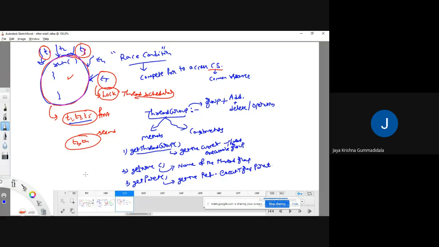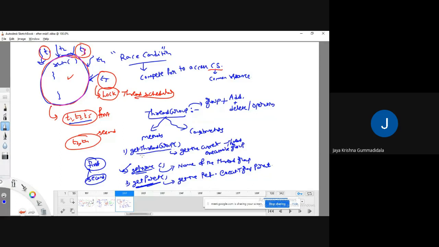For example, my current executable thread group is second, its parent is first. Now if I call the getParent method, it is going to refer to the first thread group. If I call the getName method on this one, it is going to give the result as second. Okay, fine. Like this, we have various kinds of methods.